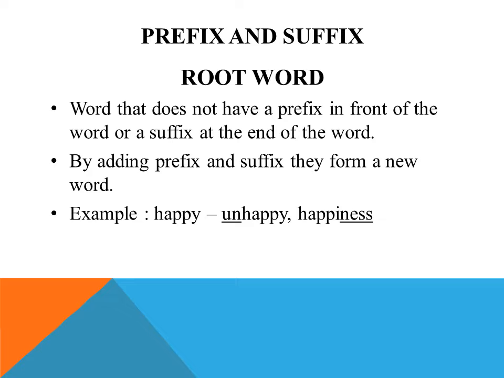For example, let us take the word happy. Here, happy is the root word. I am going to add a prefix called un, that is un. That becomes unhappy. That is, the whole meaning of the word is getting changed here. And again I am going to add a suffix called ness, that is ness. So the word will become happiness. So whenever you are going to use a prefix or suffix, it is necessary to have a root word there.